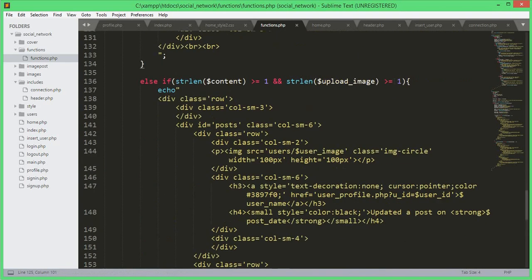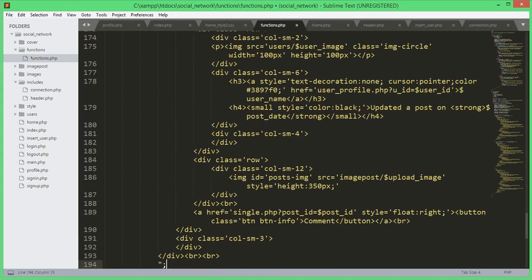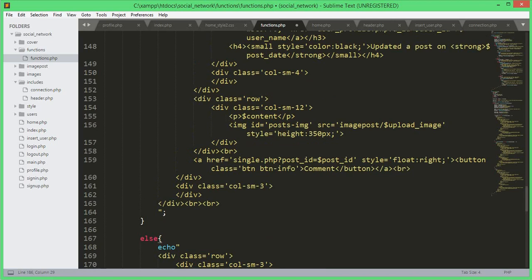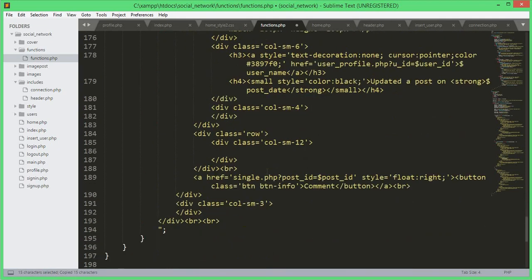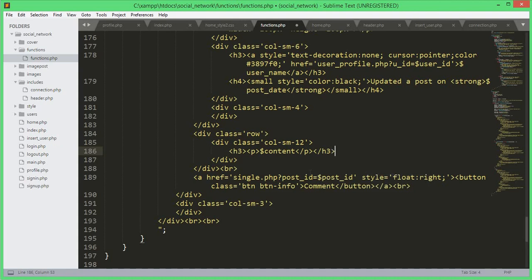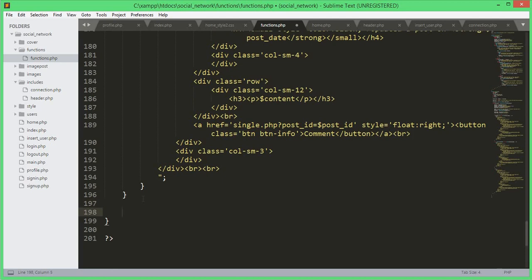And now after this else condition we will create it for the textual post. Okay, so for that we will just type else, and then we will just paste this code again. We will just remove that image, and over here we will just paste this p tag, and we will add an h3 tag to make the text a little bigger. And now after this curly bracket we will